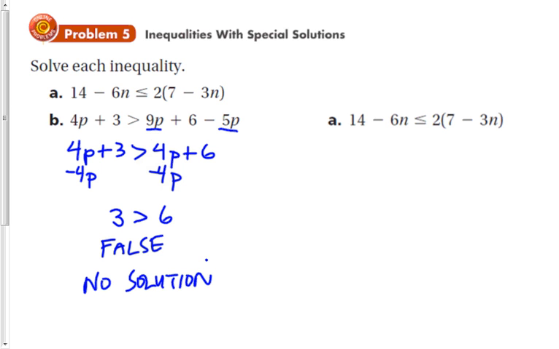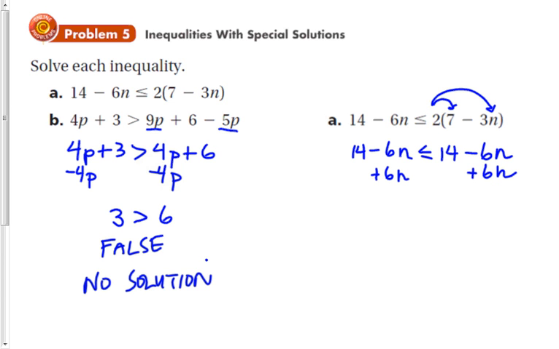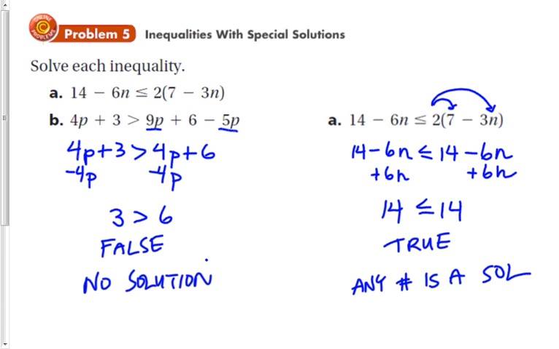All right, and the second one here, I'm going to try that. I'm going to use the distributive property first. So 2 times 7 is 14, and 2 times 3n is 6n. And I think I'll add 6n to both sides. And then I get 14 is less than or equal to 14. Well, 14 is less than or equal to 14. So that's true, and when that happens, that means any number will work. So it's like an identity. All right, go ahead and try